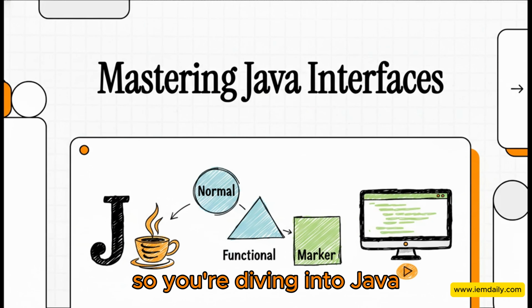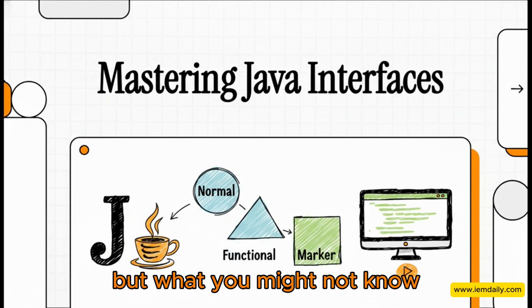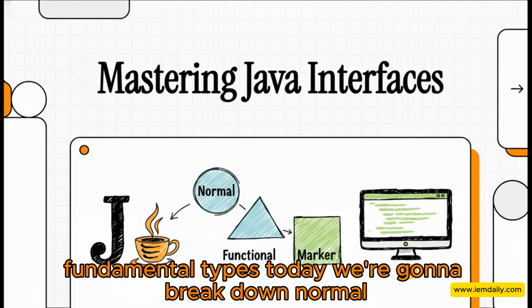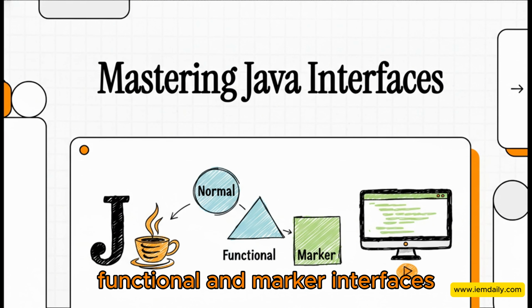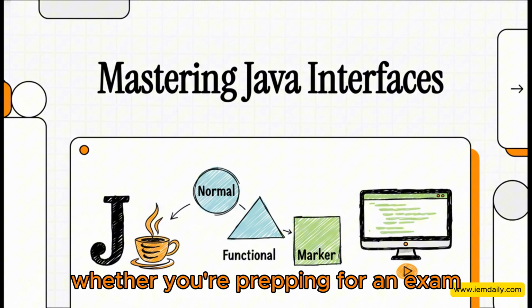So, you're diving into Java. You've definitely heard about interfaces. They're a huge part of the language. But what you might not know is that there are actually 3 different fundamental types. Today we're going to break down normal, functional, and marker interfaces. And trust me, getting this right is a total game changer, whether you're prepping for an exam or designing your